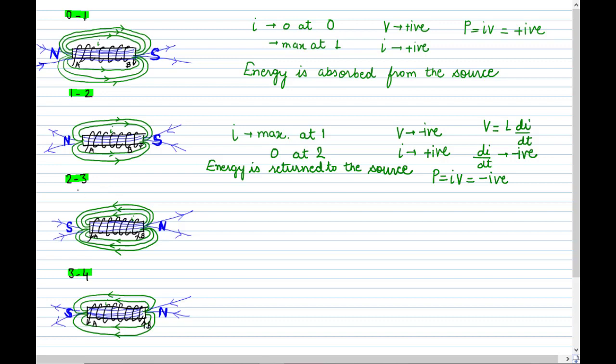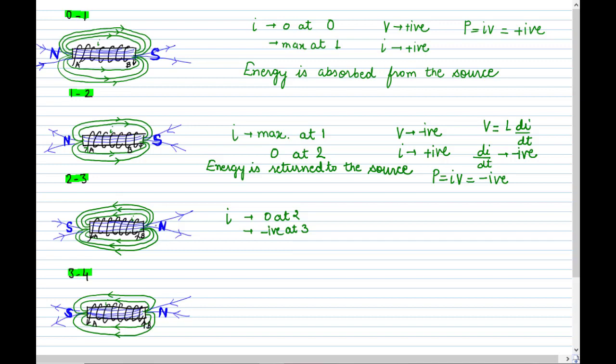Now if you go from cycle 2 to 3, then our current becomes negative. I is 0 at point 2 and it is negative at 3. So that means our current is getting negative. That means the current will enter from B. Initially our current was entering from this point A, and then it was flowing to the coil and coming out from B. Now since the direction of the current is reversed, that means now the current will enter from point B, flow through the coil, and it will come out from point A. So the current enters at B and comes out of A, and the direction of the current is changed.